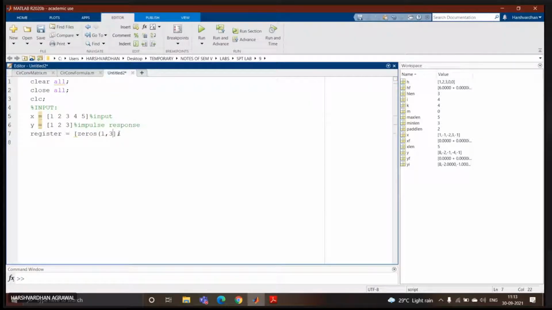Is the square bracket needed? Because we are not defining the values directly. No need to put the square bracket before zeros. Which bracket did you use now? Sir, square brackets. No, it's not a square bracket, the variable is defined. Now it is correct. So there is no need to use the square bracket. The register of 3 variables is defined. When you mention values directly, then they are written inside square brackets, like you defined x and y. But when you define a variable, then just use the argument with curly brackets.